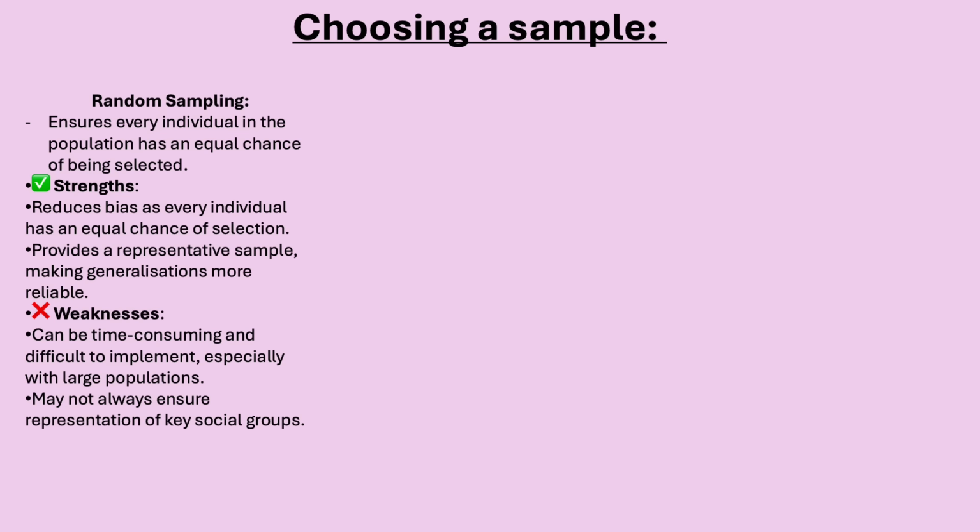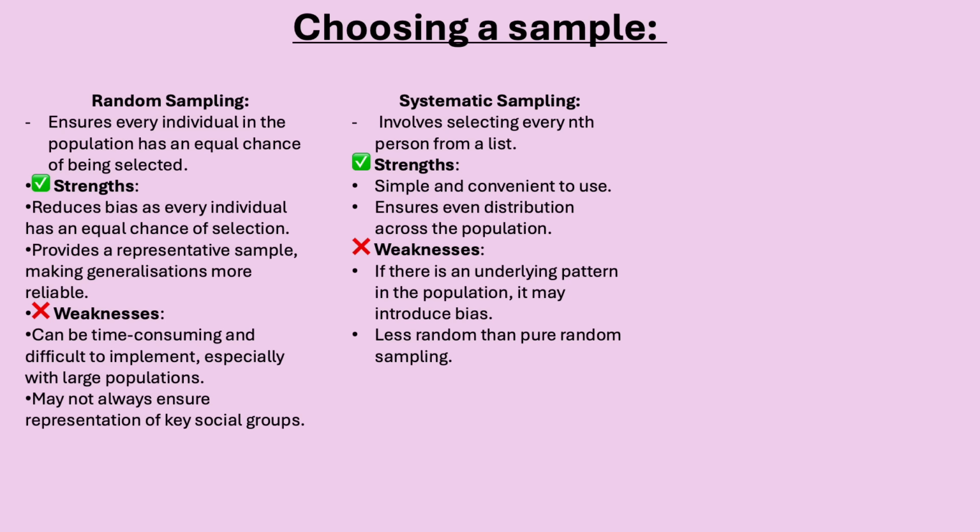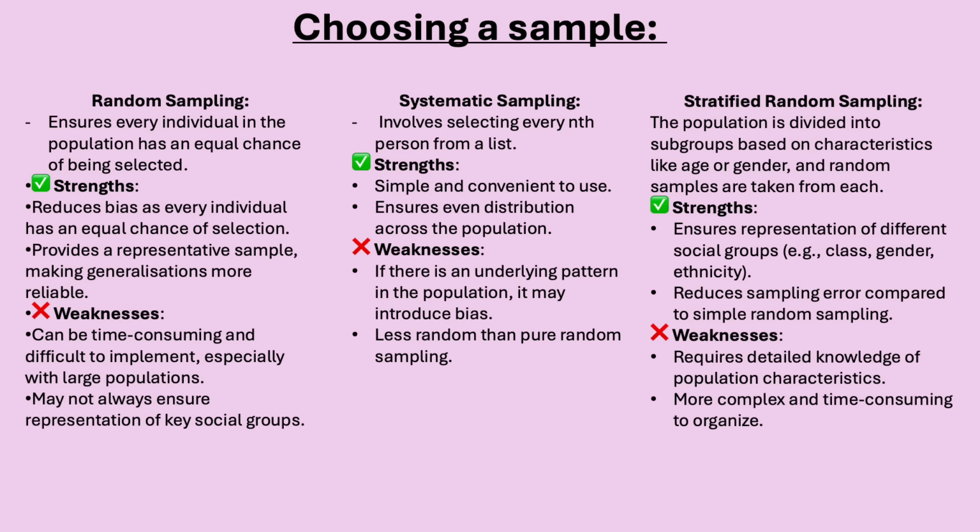So we have random sampling, which ensures every individual in the population has an equal chance of being selected. Systematic sampling involves every nth person from a list. So say, for example, every third person would be taken and they'll use their data. Stratified random sampling, the population is divided into subgroups based on characteristics like age or gender, and random samples are